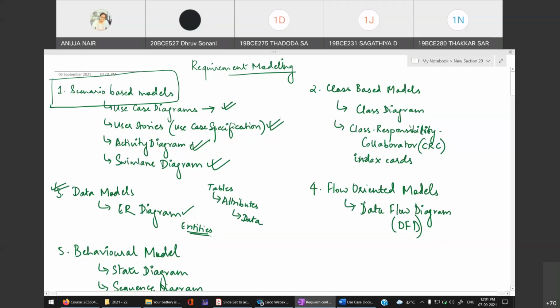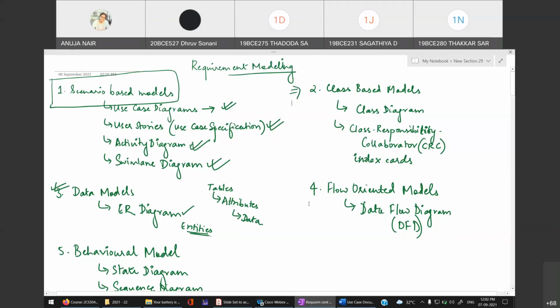Because I don't teach the D4 batch, I wanted a common background for all the students. That's why I'm teaching it in the class, so that you all have the same concept, right? So now you can easily create use case diagrams and user stories. Next time I will start with class-based modeling. In the next lecture, which is Friday, I will teach class-based modeling. Mostly I will finish the class diagram and CRC index cards.